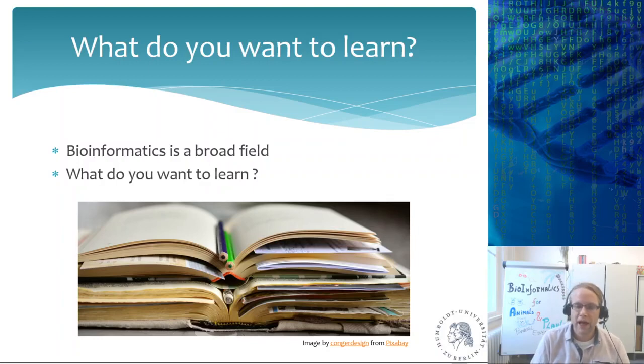If you have, for example, a project that you're currently working on, and for example, I'm doing microRNA discovery, then of course we can have a lecture about that. If you're working on protein-protein interactions, we can have a specific lecture about that. You don't have to come up with this now, but if you come up with a topic where you think, oh, this would be a really nice topic to have a lecture about,